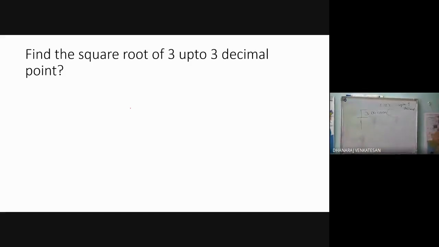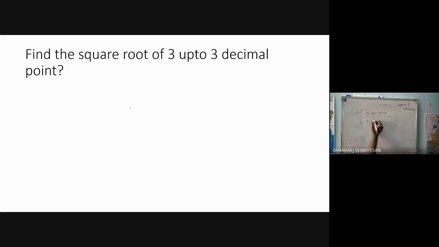However many decimal values you need, that many pairs of 0 you have to put. If they ask for 4, you have to put another pair like that. You have to keep a decimal point and put pairs of zeros to get decimal values up to the given number of decimal values. Okay, same.